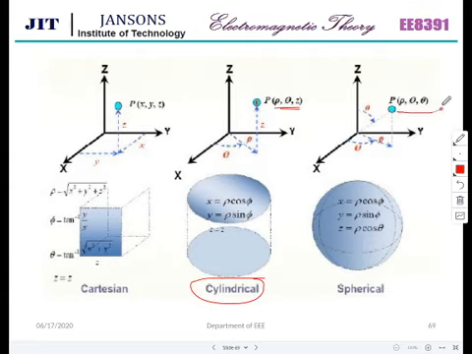If the same point is represented by some other 3 coordinates... I'm sorry, this may not be rho. If this is rho, then this is small r. This depends on the book; each and every book will do differently. As far as the notes are concerned, this is taken from some other website, which is why that confusion is there. So we will be using rho, phi and z for the cylindrical coordinate, and r, theta and phi for the spherical.